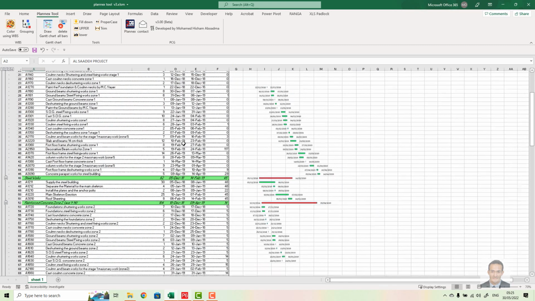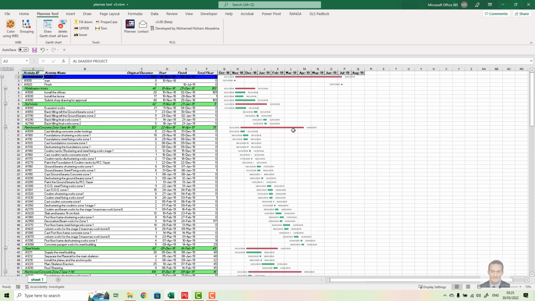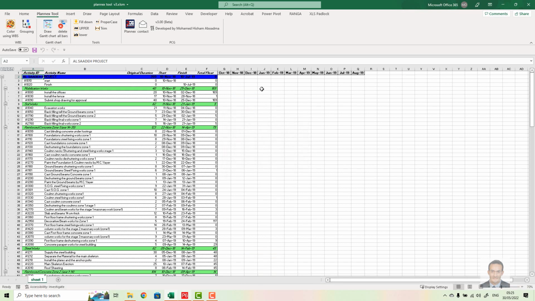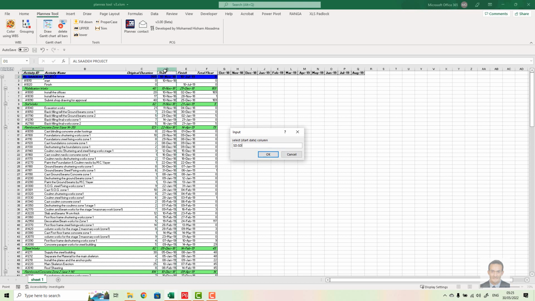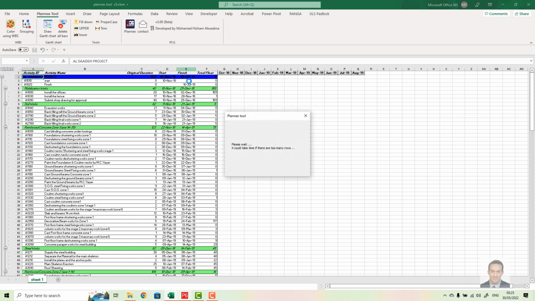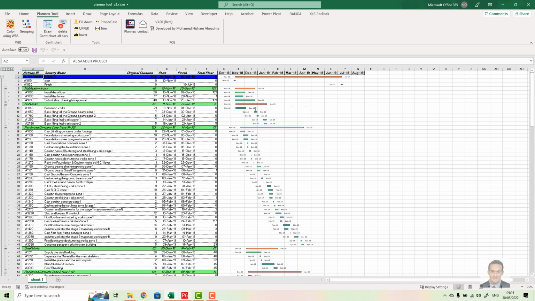What if you decide to change the format and the color? It was very difficult before to select or to remove, but now I added a new button, delete all the bars. Just select it and all the bars will be deleted, and then draw again, select another color, and if you want to select another date format, draw, select start and finish, and it gets done.